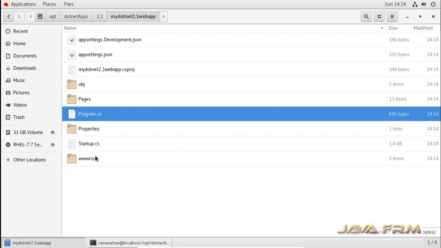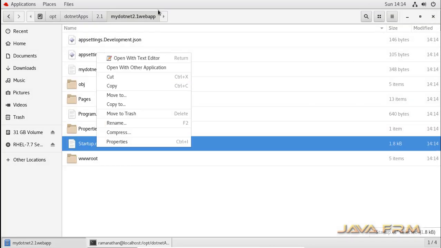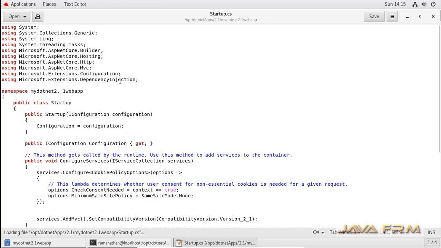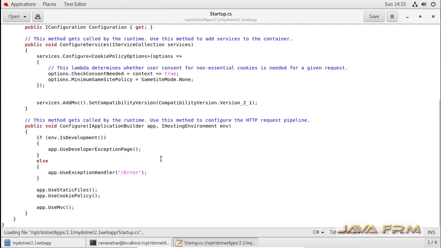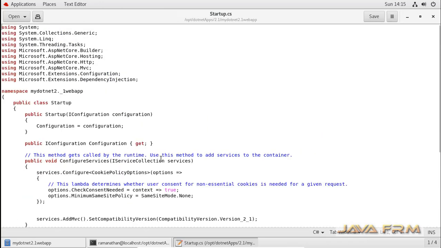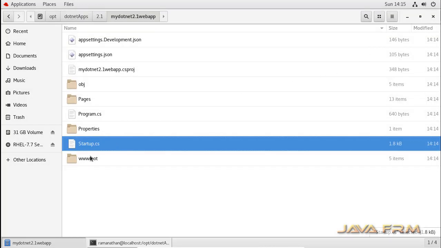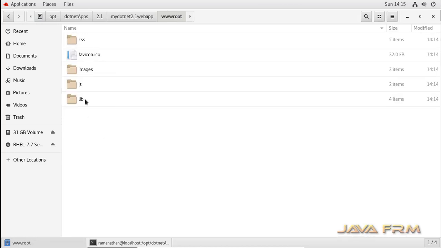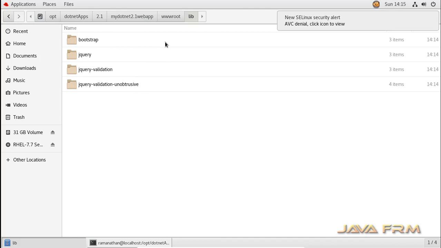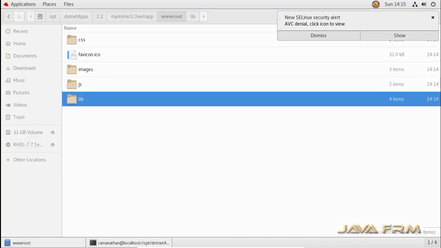If you have knowledge of C#, you can add extra logic to these auto-generated programs. Also, in wwwroot you can see JavaScript, and in the lib directory you can see that the Bootstrap and jQuery frameworks are available by default.